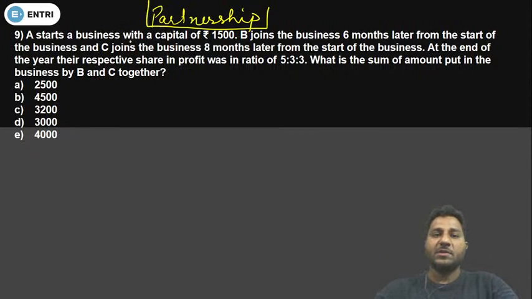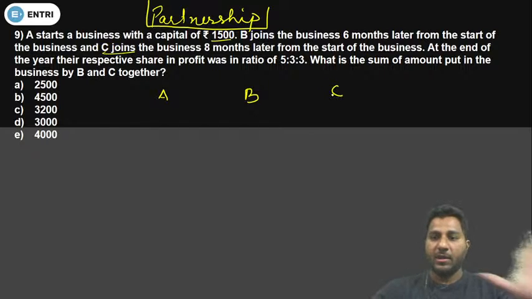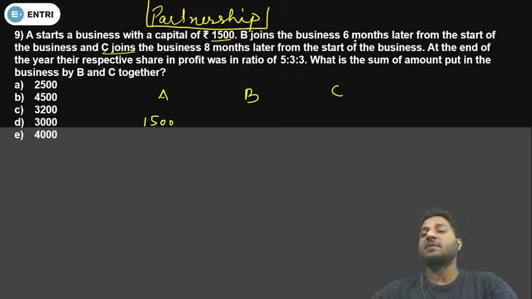A starts a business with a capital of 1500. Then B joins it, and later C joins it. So there were three persons. A started with 1500 and B joins the business 6 months later from the start of the business, and C joins the business 8 months later.